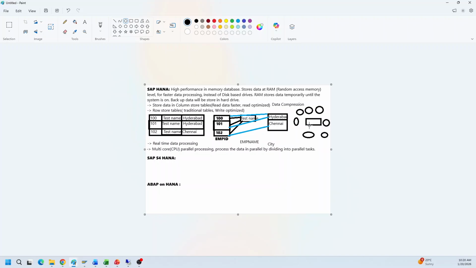So HANA supports RAM level data storage for faster data access, and it contains multi-core parallel processing where the data will be processed faster, depends on the number of cores in your server, right? And also HANA supports data compression by using column store tables. It will compress the data and remove duplicate data in the system. It will store only unique values and those values will be linked using an index. Okay, linked using an index. There will be an index table in between all the column store tables, right? To link all these different columns. Okay,